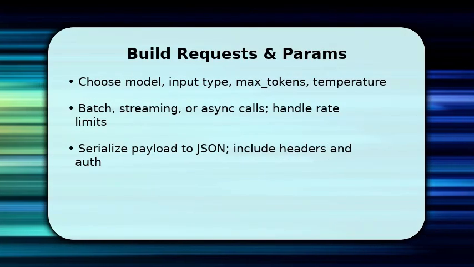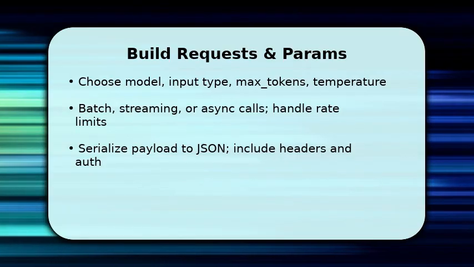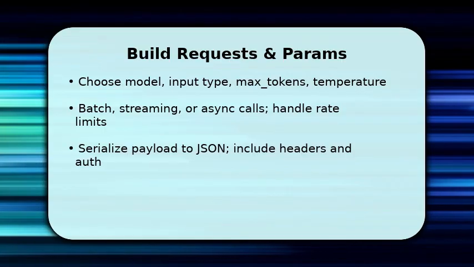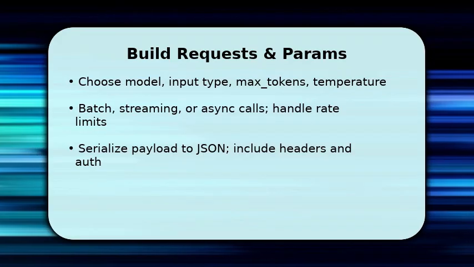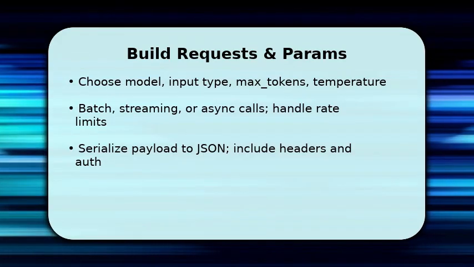Next, construct requests that balance cost and quality by selecting model, max tokens, and temperature. This drives output style. Once done, implement batching or streaming for large inputs and code retries with exponential backoff for rate limit responses. Make sure to set content type and authorization headers and to serialize JSON correctly. Otherwise, requests fail silently. Also log request ID and durations for debugging, because that helps trace slow or expensive calls